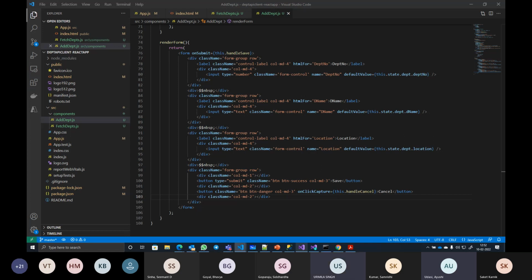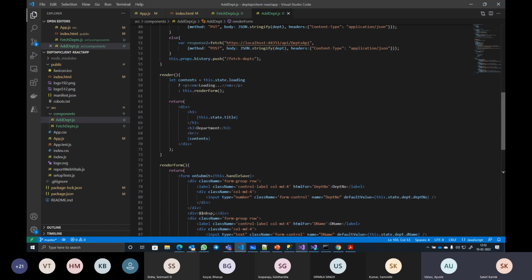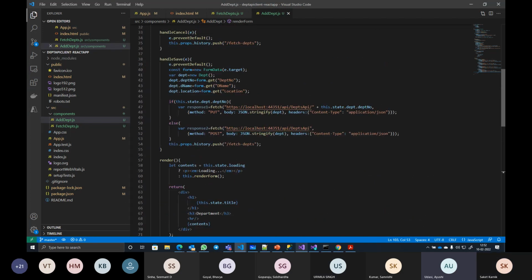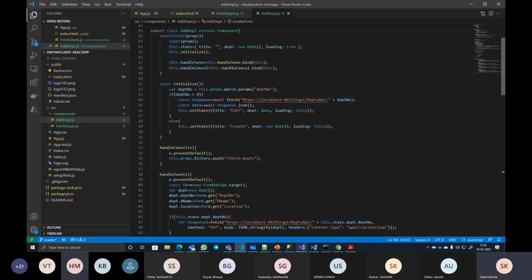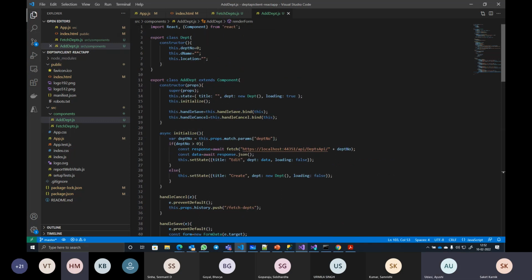Sir, can you scroll up just once? This is the render method, and I'll save here and I'll cancel. Yeah, okay, thank you. And this is the initialize method. Before that we have the constructor and the class department on the top.